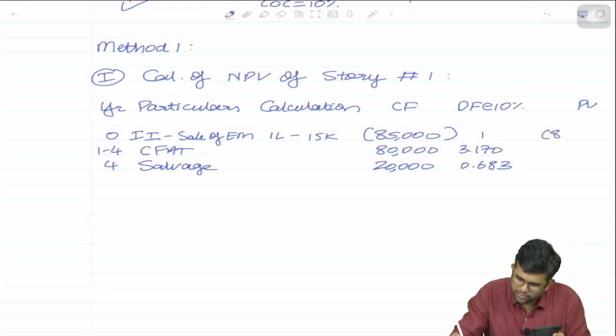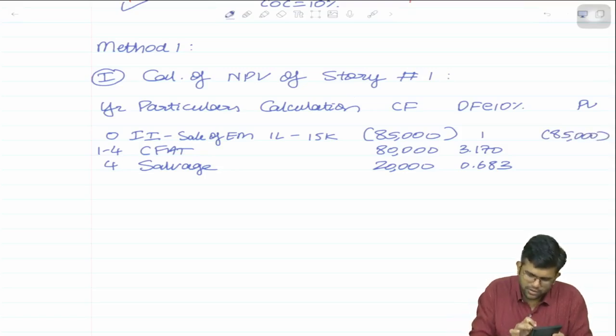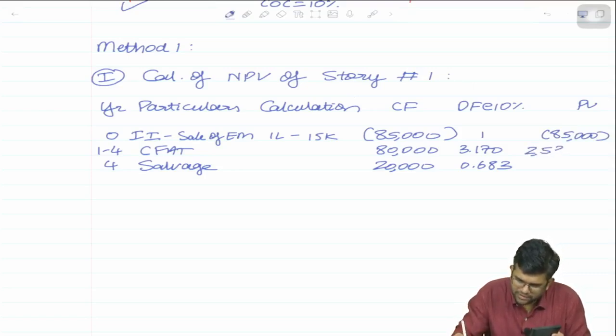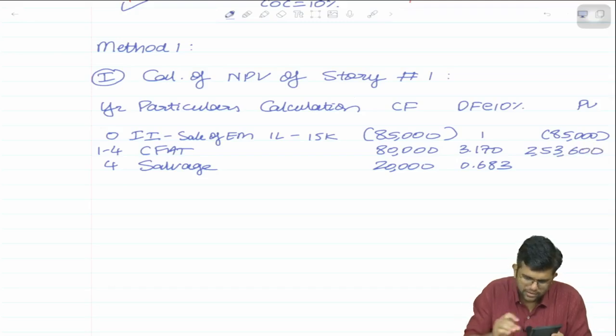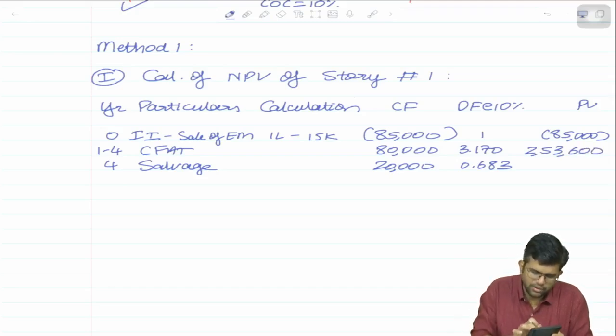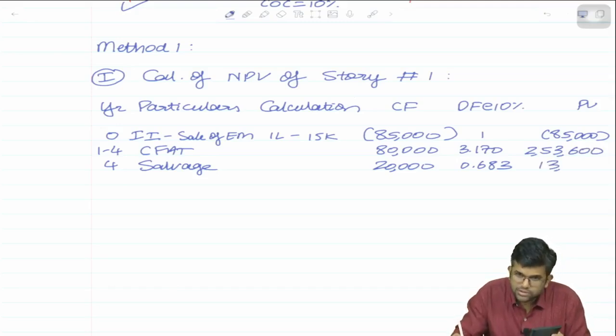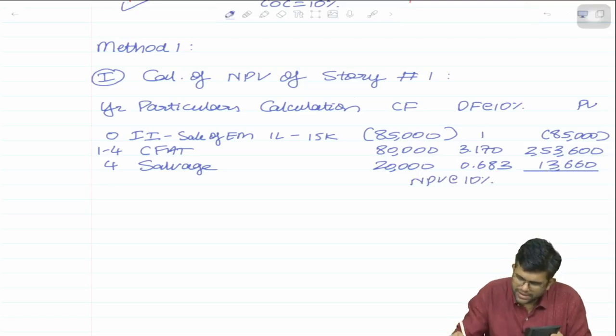Okay, hold on. 85,000, then 80,000 into 3.17, and that is 2,53,600, and then 20,000 into 0.683, that is 13,660, and that will give you NPV at the rate 10% as